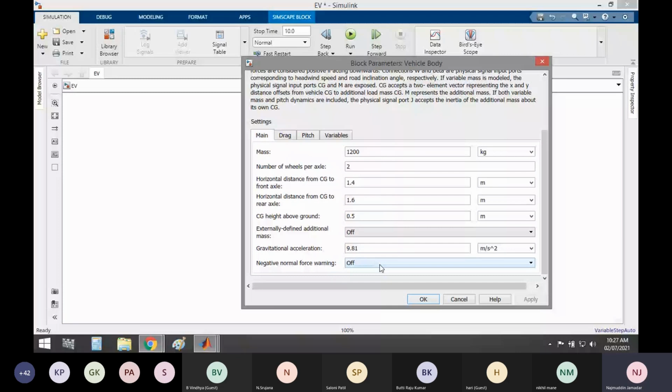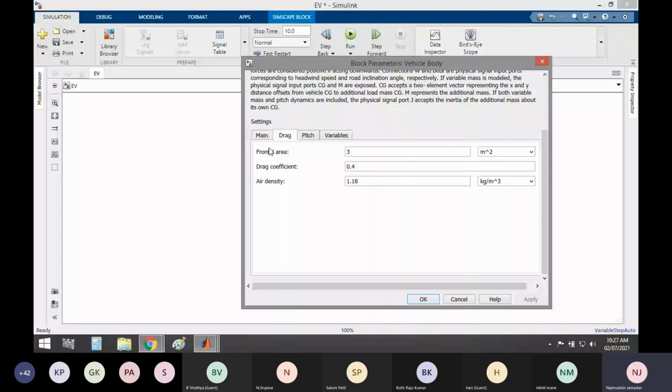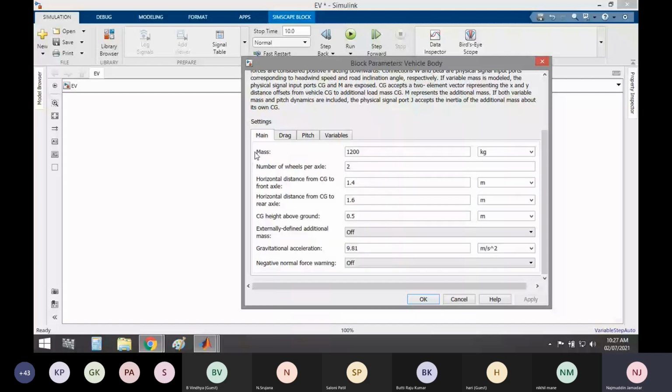In drag, you can set the frontal area of a vehicle, because each vehicle has a different frontal area. As an example of a car, if you look at the Maruti Suzuki WagonR, its frontal area is somewhat different. If you look at the Tata Safari, the frontal area is somewhat different. If you look at a truck, the frontal area is different. So you have to set accordingly, depending on which kind of vehicle you are supposed to design. An ordinary car has a frontal area of say 2 to 3 square meters, and its mass is nearby 1000 kg to 1200 kg. I will leave this parameter as it is for now.